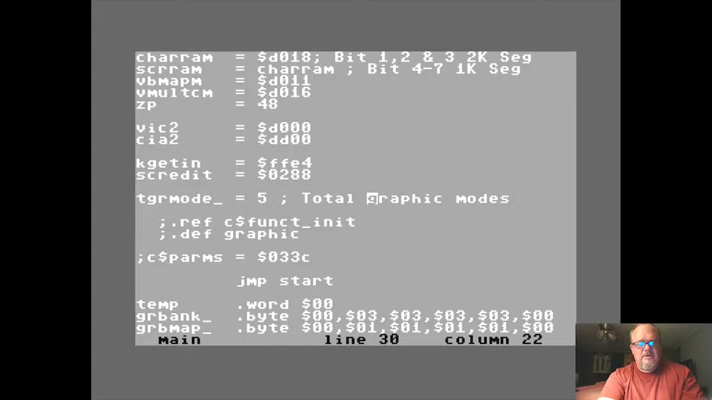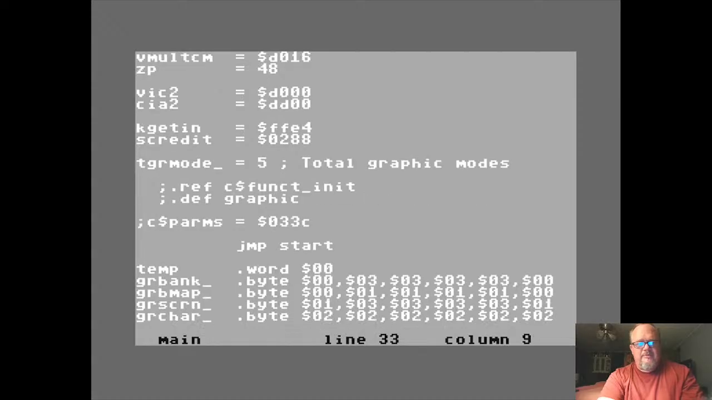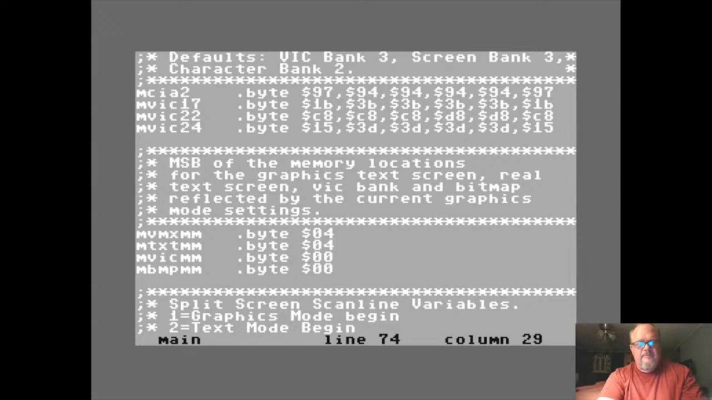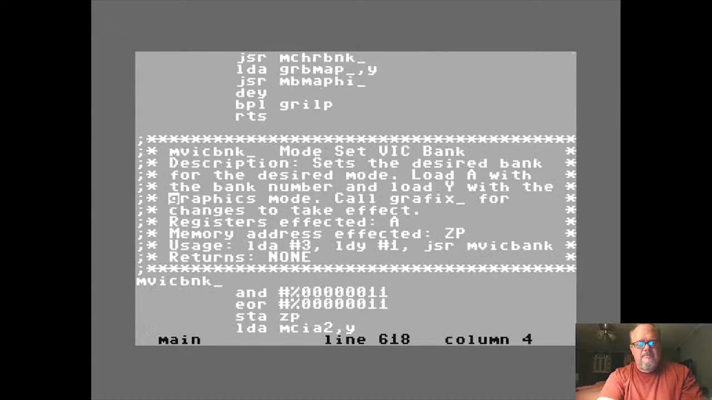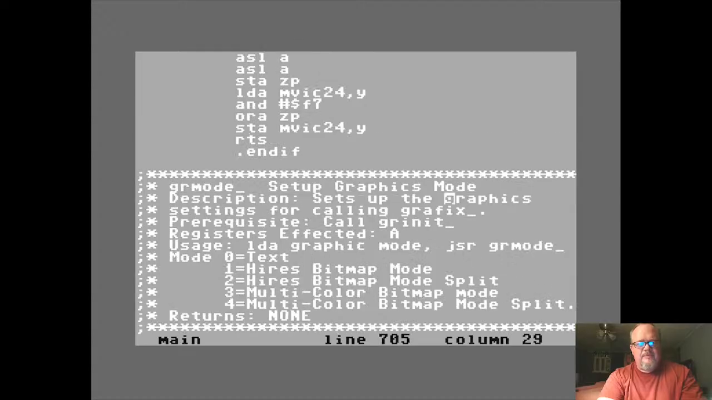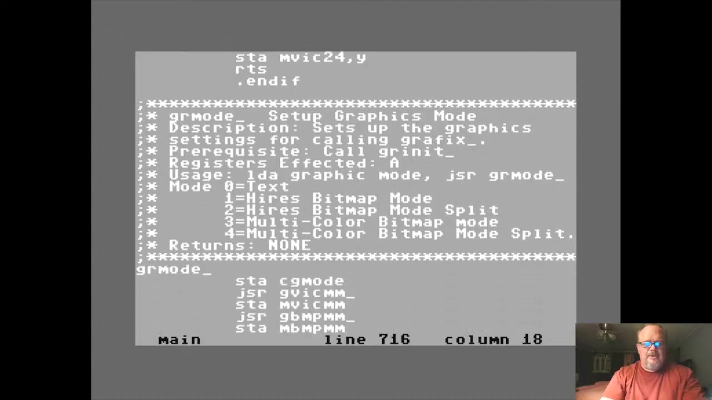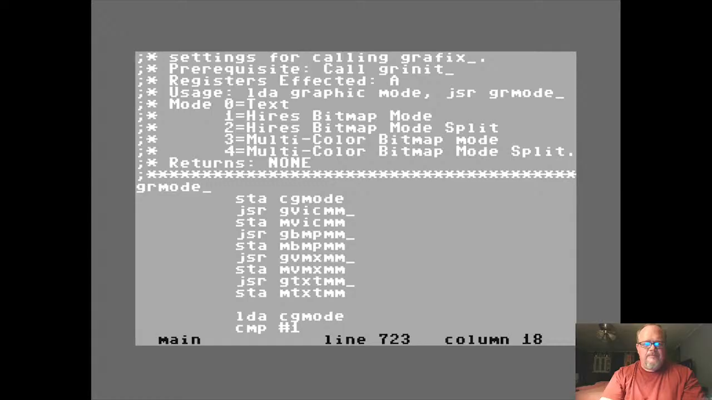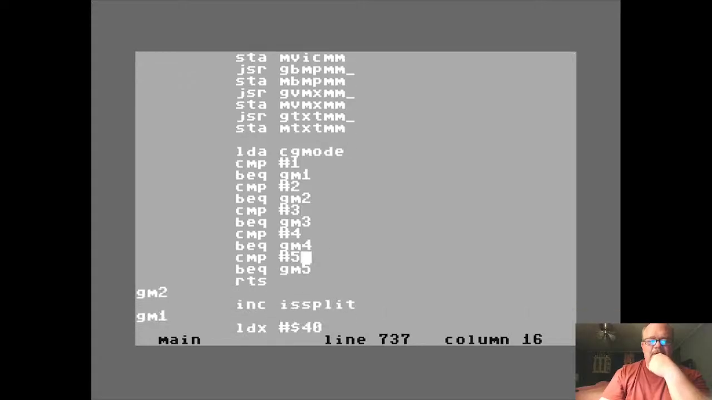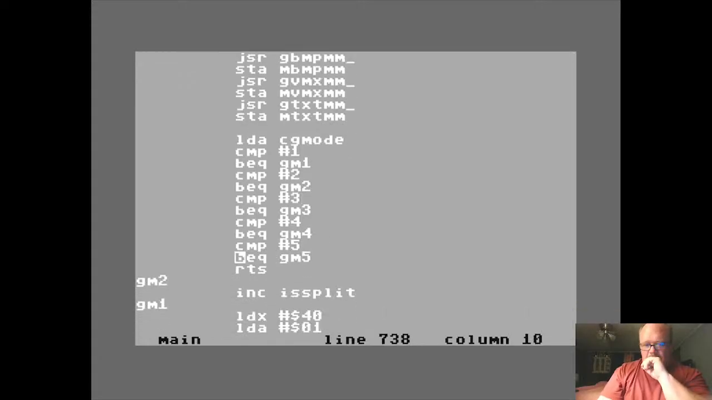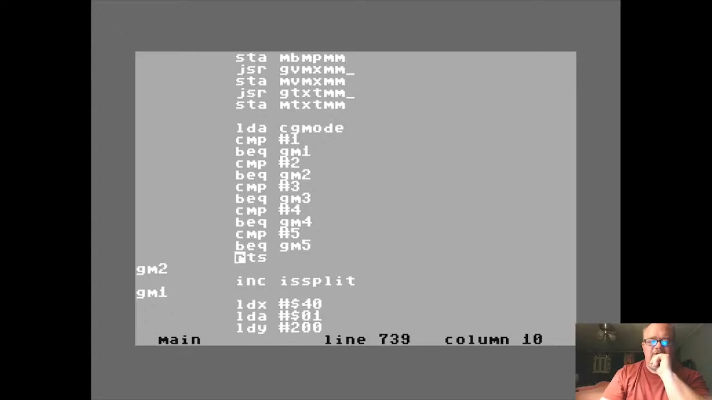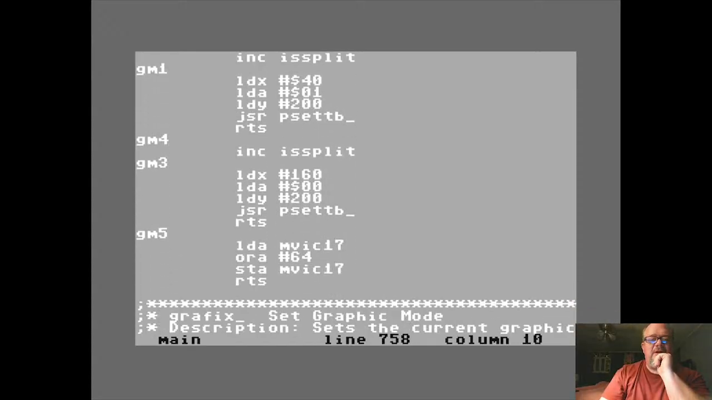F3. F3. GR mode. Maybe. That would set up the mode for the graphics. Let's see here. Yeah. GM5. Graphic mode 5, that's what I set it up as. Graphic mode 5. So it is the VIC register 17, and we turn on,